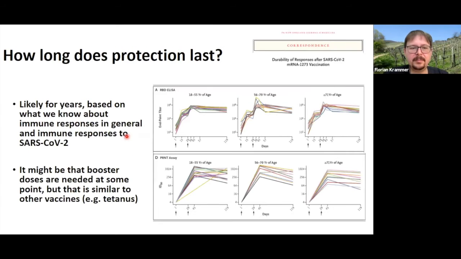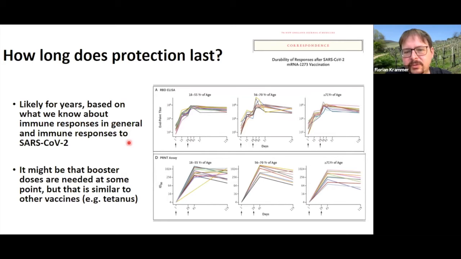All right, how long does protection last? The honest answer is we don't know yet. The antibody responses look pretty stable. There's some data over 4 months here from Moderna. Of course, 4 months doesn't tell you much. But this looks like a normal immune response, and we know from other vaccines that protection lasts for years, sometimes lifelong. But even if it would go down after a few